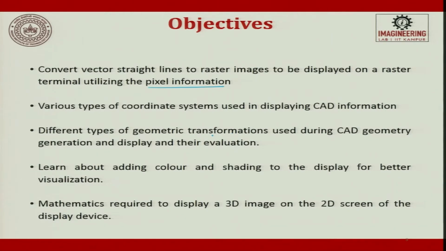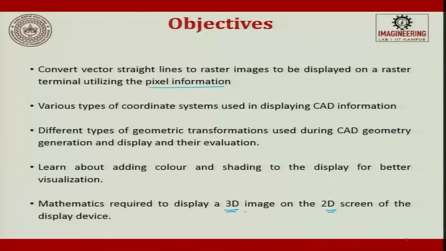So, transformation basically will talk about rotation and linear translations. Then last we will learn about the color and shades. We will also try to see how a 3D image gets stored on a 2D screen. It's pretty interesting. When you take a photo, you see a 2D, and when you rotate it also you see a 2D. But when you try to draw a 3-dimensional object in a computer and you have an option of rotating it, you are able to rotate and get a depth effect also. So, that is the last part we will try to see.